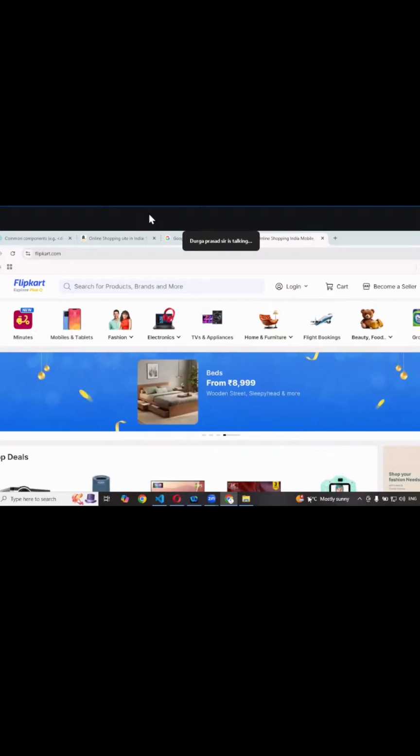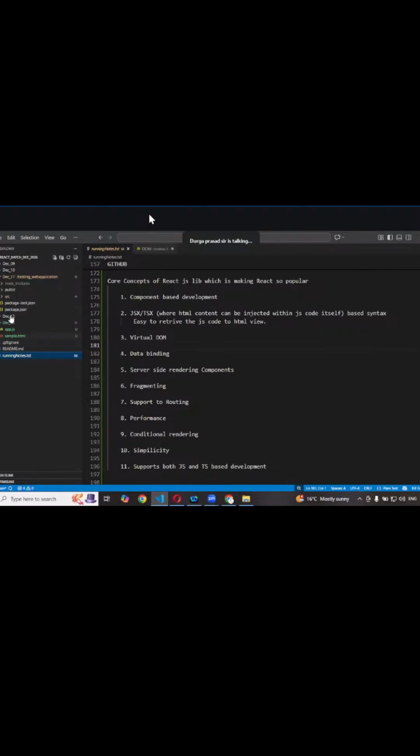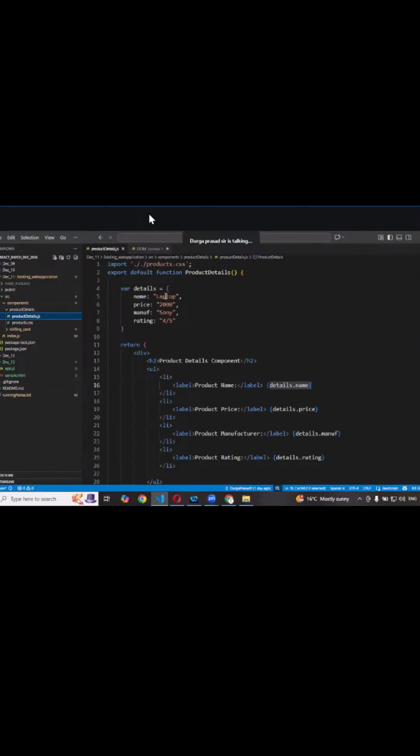Now, you know what generally happens in case of your React.js. If I go with these components under your product details, when I'm clicking on this product data, assume that instead of laptop in the details, I say something like mobile. Once you come back,